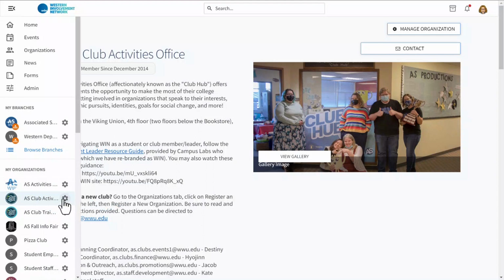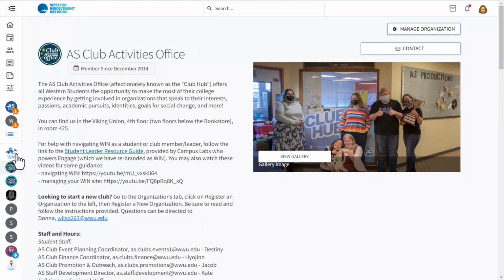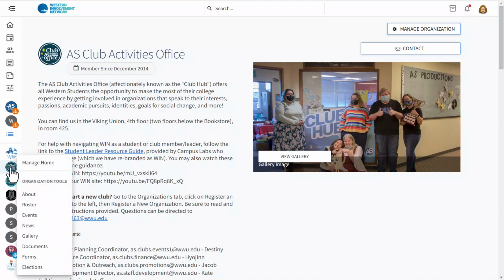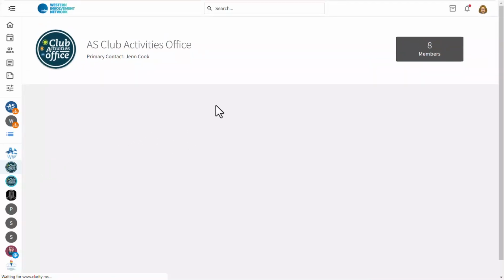You don't have to open the menu in order to see that option. You can simply hover over it as well. From the gear icon, you see the list of management tools for your organization to quickly jump to. This Manage Home option won't do much for you unless we are in the re-registration period where you will see that option. This begins around May 1st and goes until October 31st each year.